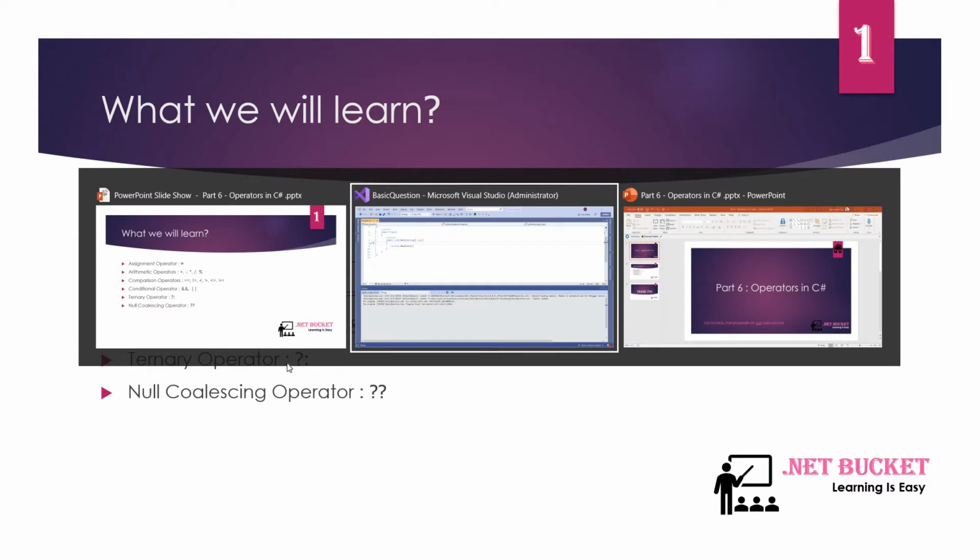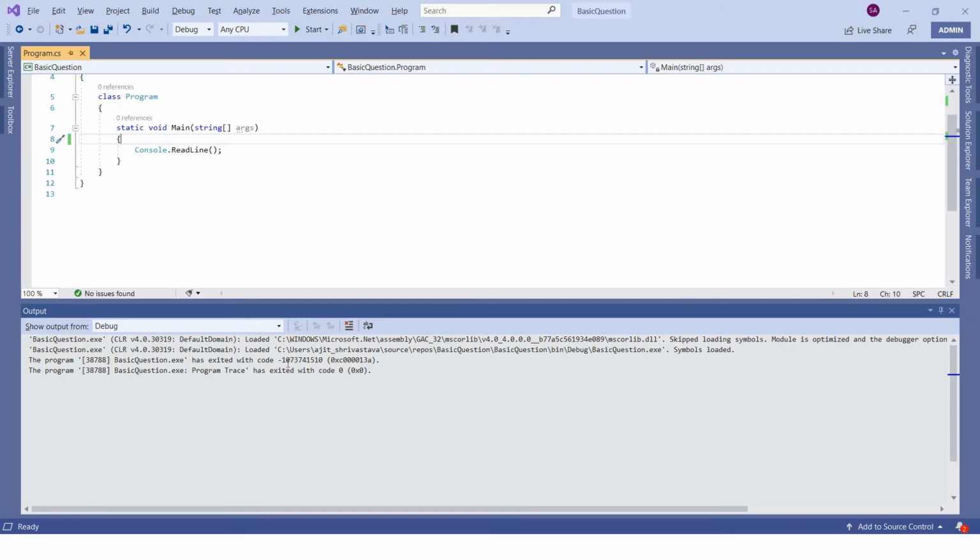This one you might have already seen in my previous video session. The assignment operator is basically used to assign a value to a variable, or assign one variable to another variable. Like int i equals 5, so this is your assignment operator.